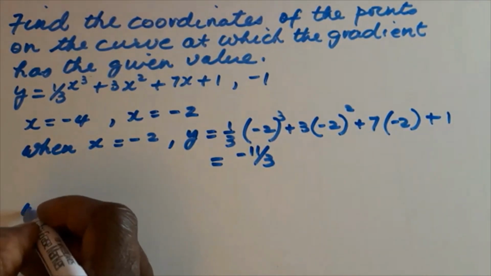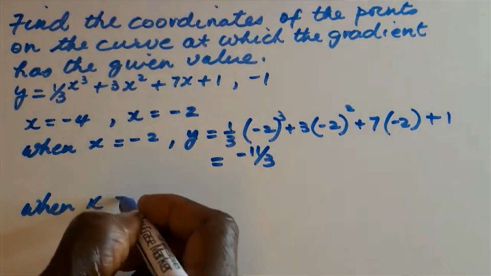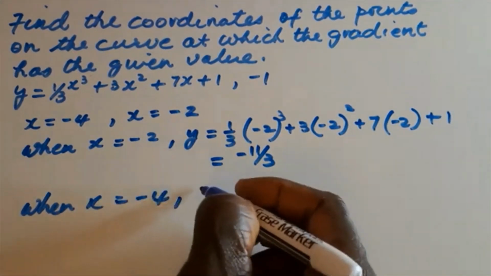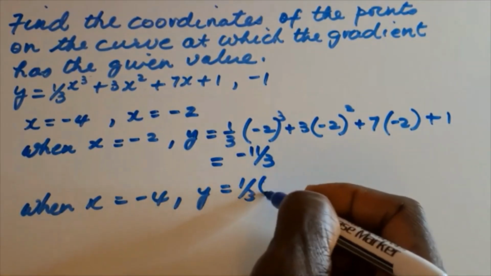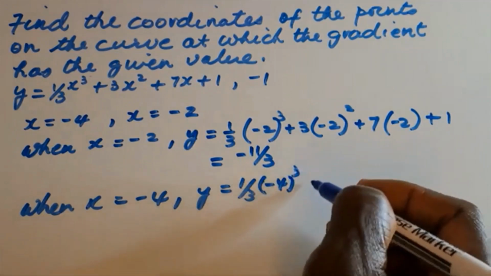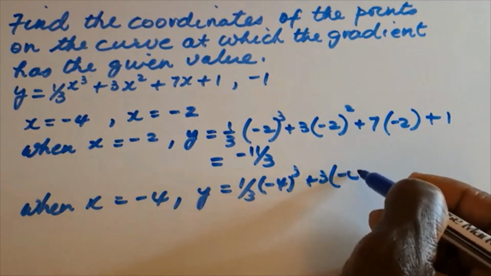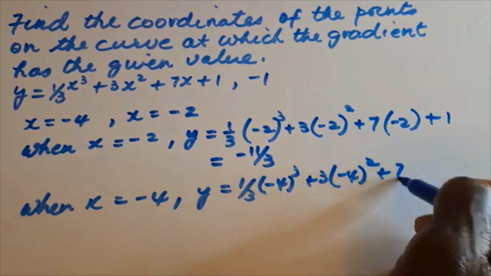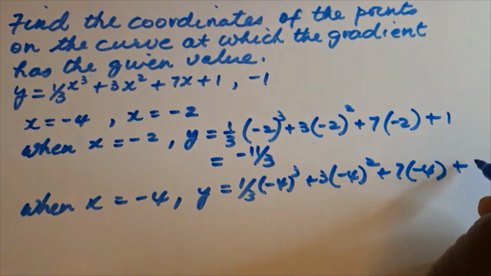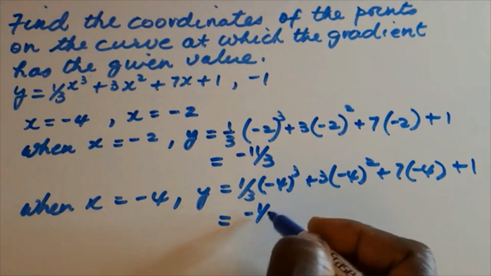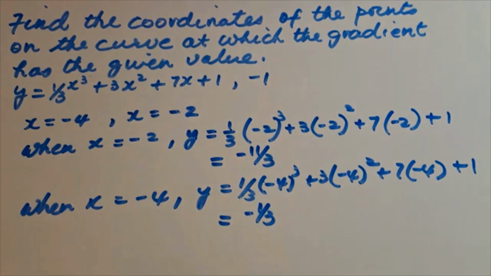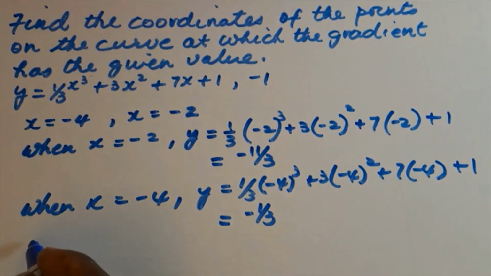And when x is equal to -4, we have y is equal to a third -4 cubed, 3 into -4 squared, 7 times -4, add 1. And this equates to -1/3. So what are our results? We have that the gradient